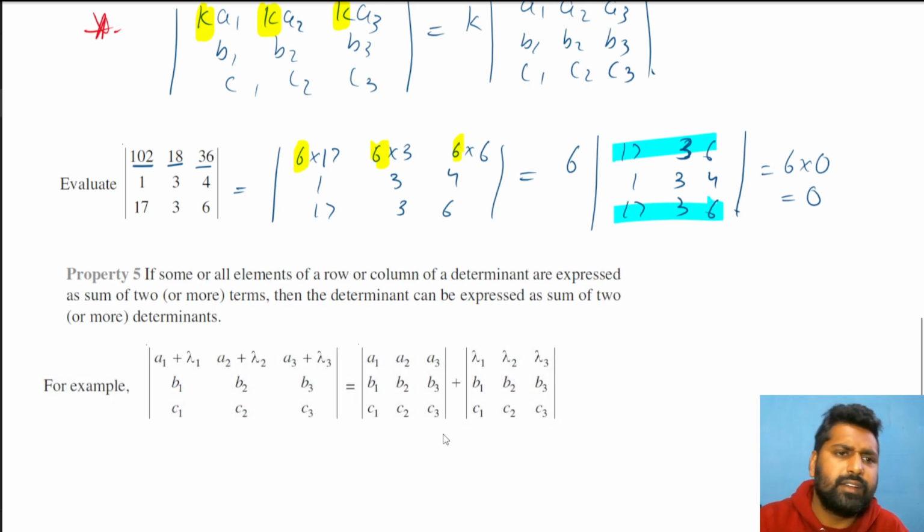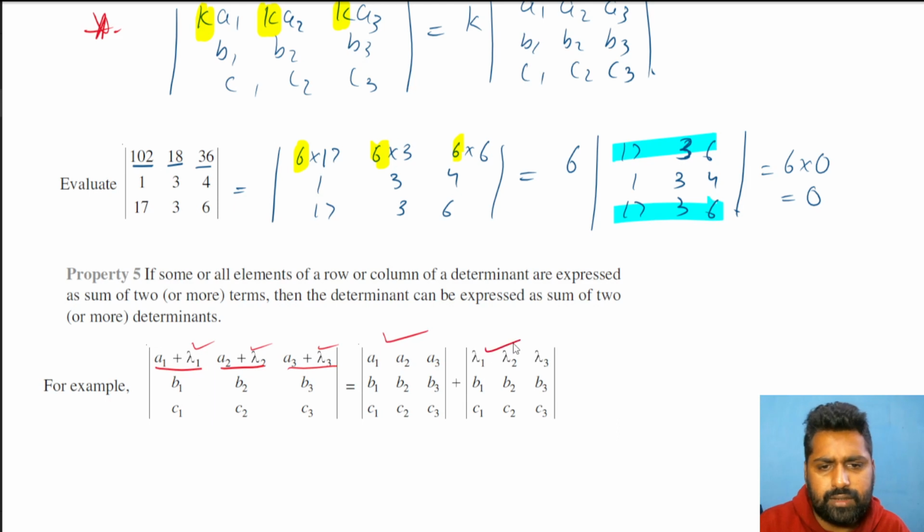So let's say row 1 has a1 plus lambda 1, a2 plus lambda 2, a3 plus lambda 3. We can break this down into two determinants, one with a1, a2, a3 and one with lambda 1, lambda 2, lambda 3. The rows b1, b2, b3 and c1, c2, c3 remain the same. Means you can break down the determinant along the addition,